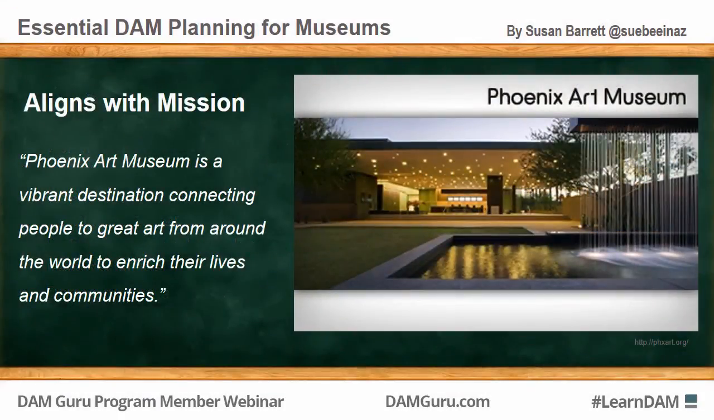An example of aligning with the mission is one that I think would be really important to look at an existing mission statement. So the Phoenix Art Museum is a vibrant destination connecting people to great art from around the world to enrich their lives and communities. So example strategic digital goals for the Phoenix Art Museum's DAM could be improving user access to digital collections, expanding digital collections,